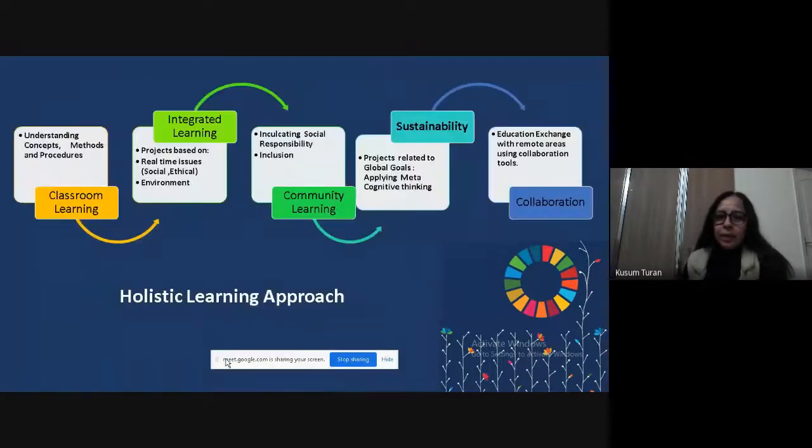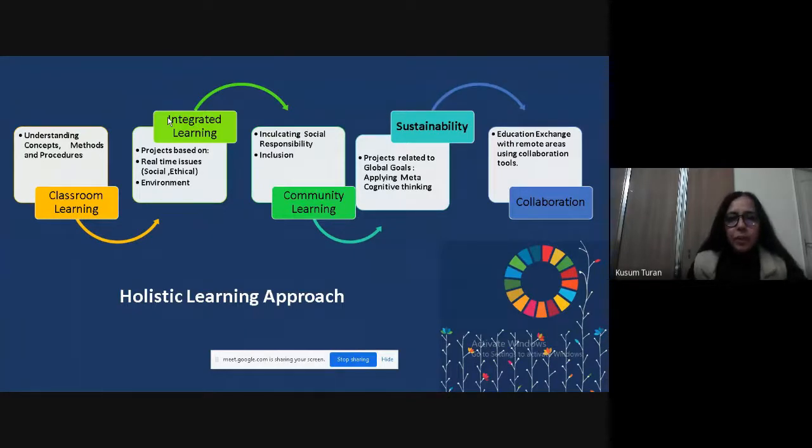That will be right. Another very simple approach. Now, I'll simplify these two, the metacognition and the community, into my classroom setting. Understand, I have to teach some concept, let's say web designing. So I always make them aware. Classroom learning happens by making them aware of what I'm going to teach them, the concepts, the methods, the procedures. Then I integrate that with real-time issues, social, ethical, let's say plagiarism, let's say plastic reuse, let's say